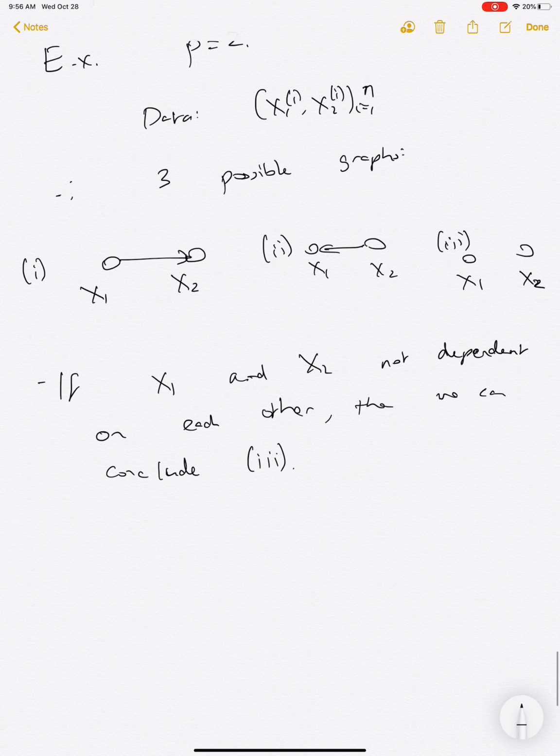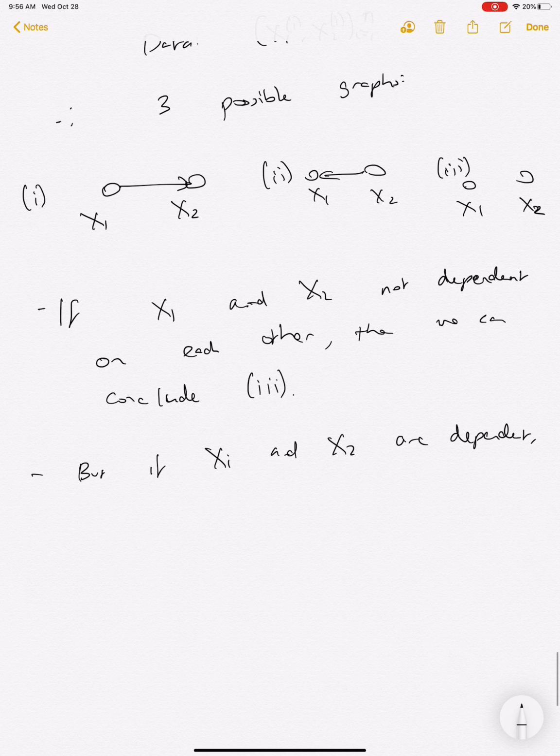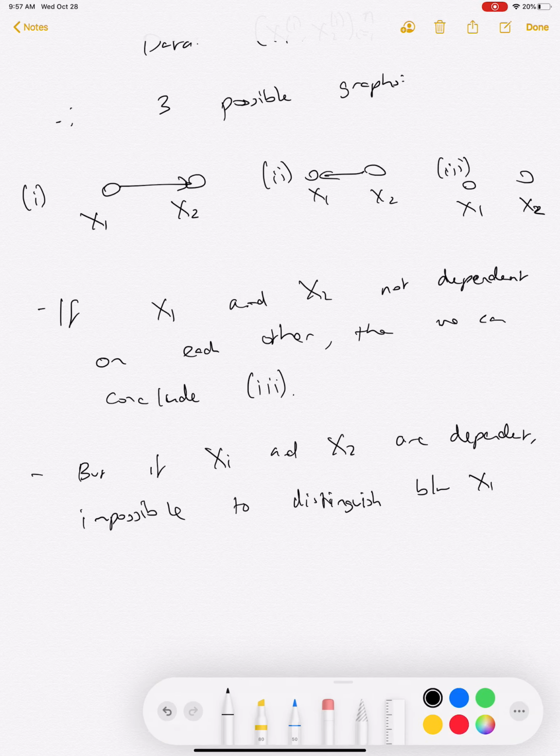But if x1 and x2 are dependent, it's actually impossible to distinguish between the two models,